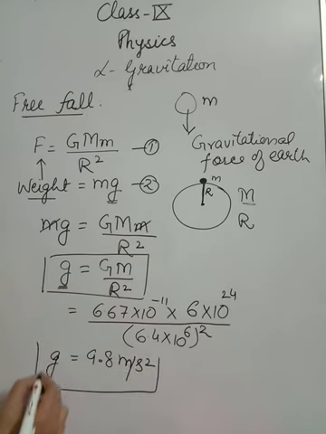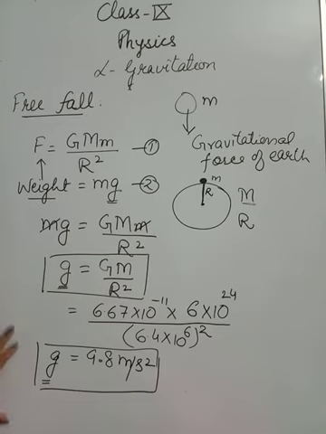So on the surface of earth, we will always use this g as 9.8 meter per second square, although the value of this g will change with height or depth, but in class 9th we are only considering g to be constant. Rest of the things we will study in class plus 1. So g is 9.8 meter per second square on the surface of earth, although this acceleration due to gravity varies from one point to another even on the surface of earth.